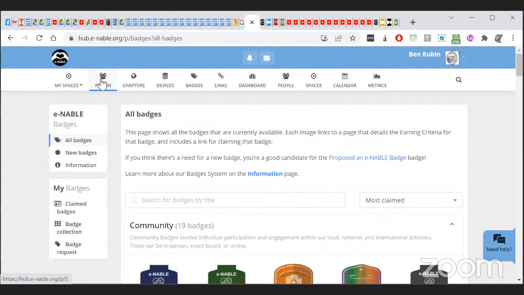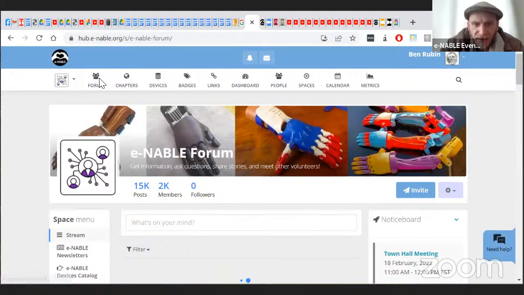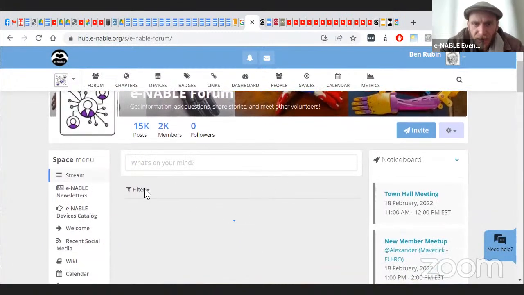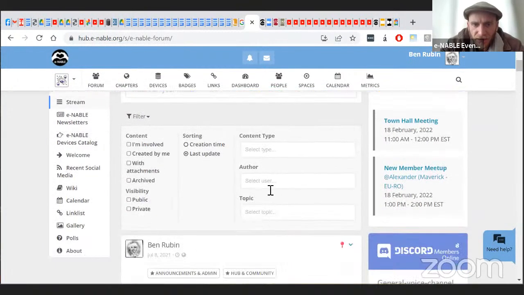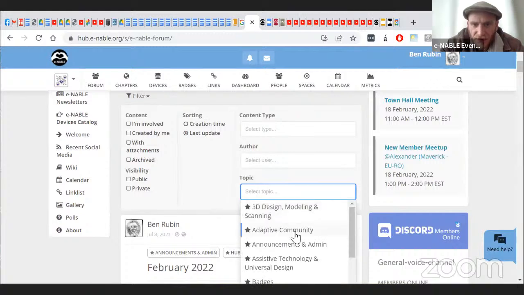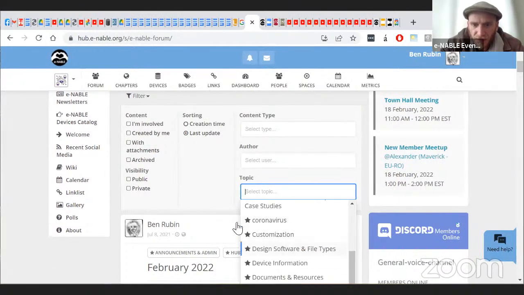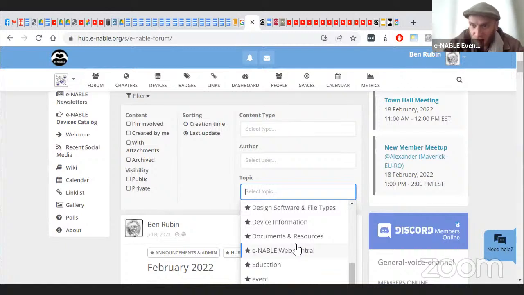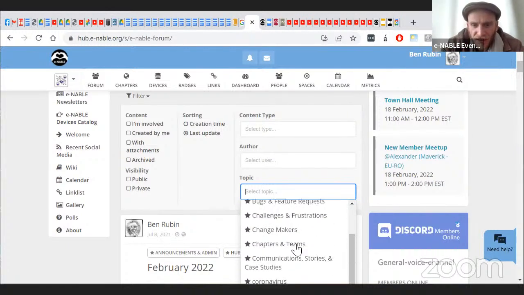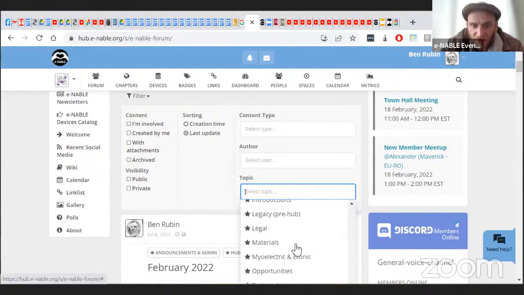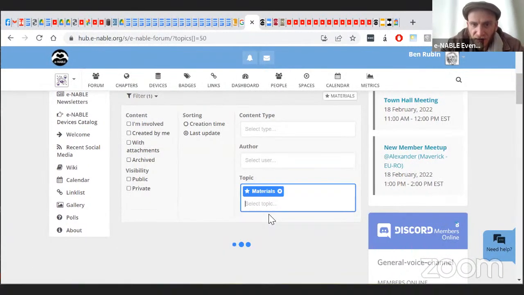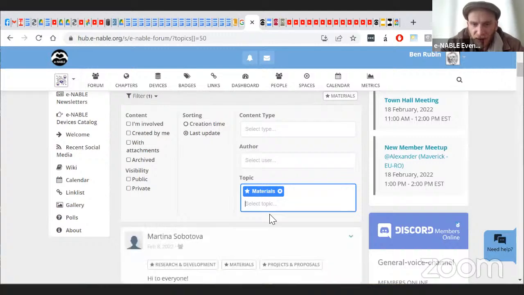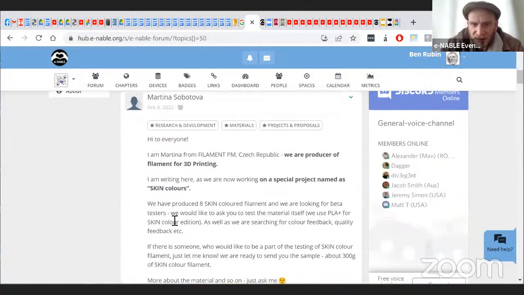Nice. So if you go back to the forum, and you click on filter, there's all these different topics, and you can scroll through and pick different ways that you can filter down all of the posts. If you're interested in materials, you can just find comments that are talking about materials and get a sense of, here's